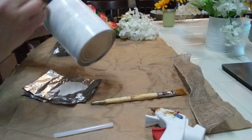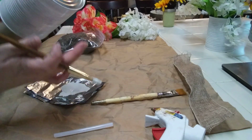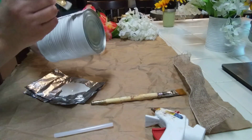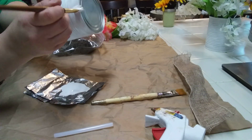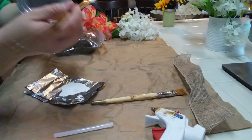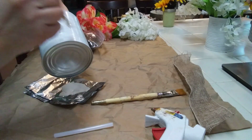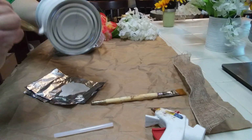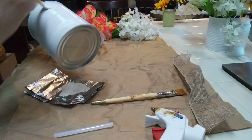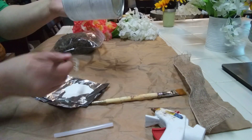So I just wanted to show you how fast this goes with just a little bit of acrylic paint. So I'm going to put this on my hand and spread my hand out in there. And I'm just going to make sure you get the bottom. You want to get all the edges. Now you can always scuff it up if you want to. I don't want to, because you'll already be able to see the stroke marks in the can, which I want. So let's make sure we get